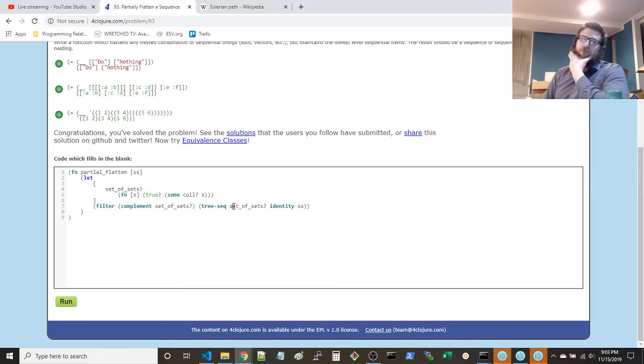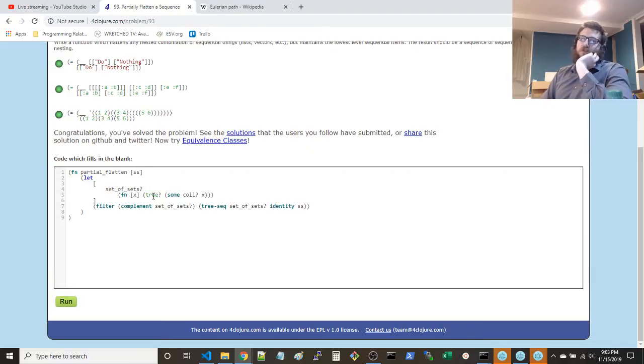We're going to use this set of sets predicate to figure out whether it's an inner node or a leaf, and we're also going to use the identity to find out what the children are for any given node.